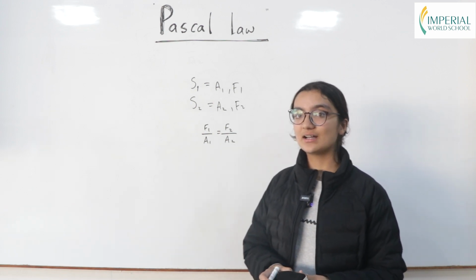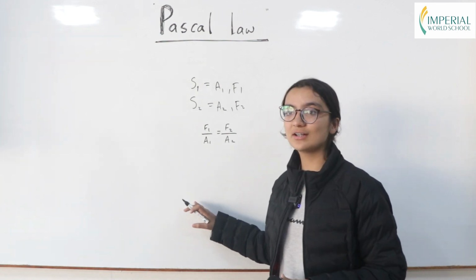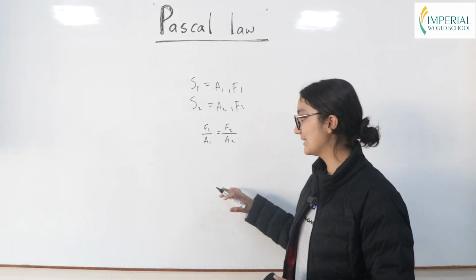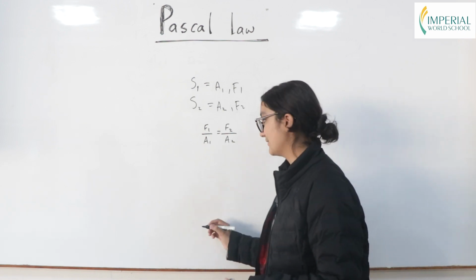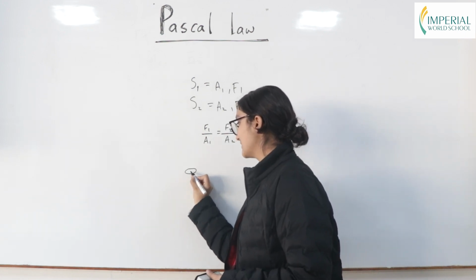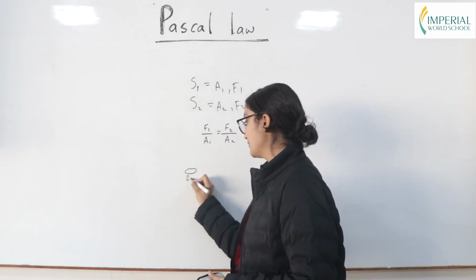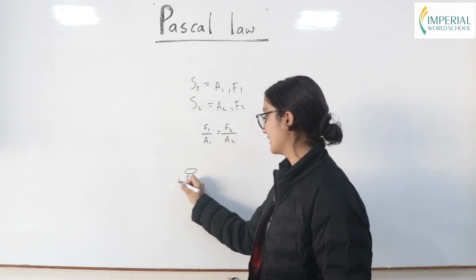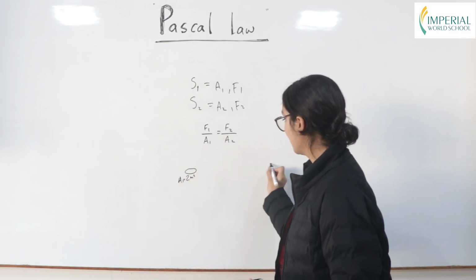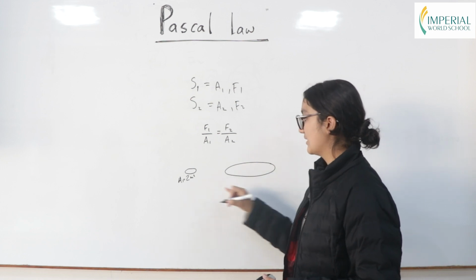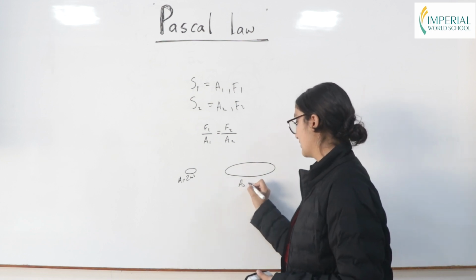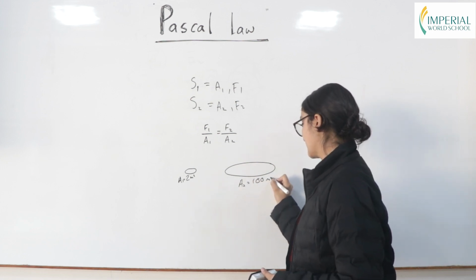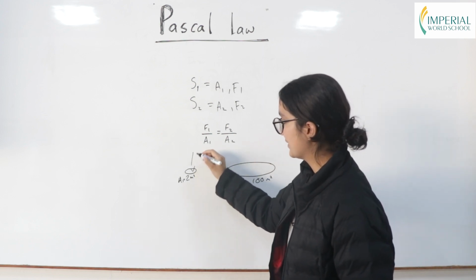Now here, let's take an example. We know that Pascal's law is a force multiplier. So let's take an example of a hydraulic lift. Here, if I have a piston having a cross-sectional area of 2 meters square and another bigger piston having a cross-sectional area of 100 meters square, and if I apply a force of 10 Newton